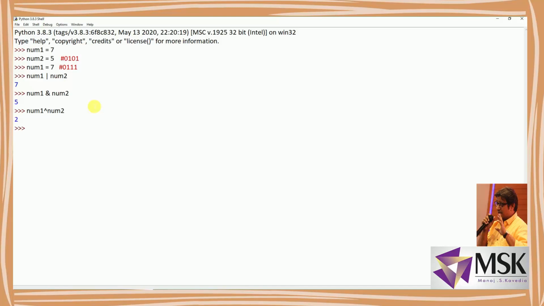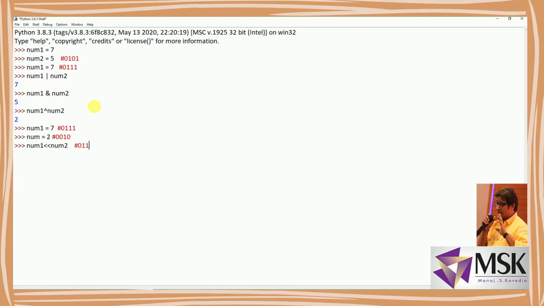Now I'll write num1 equal to 5, or let it be 7 only. So it is hash 0111, and here I am defining num2 equal to 2. So that is hash 0010, that is 2. Now I am writing num1 left shift num2. So the data should be shifted twice. The original data is 0111.